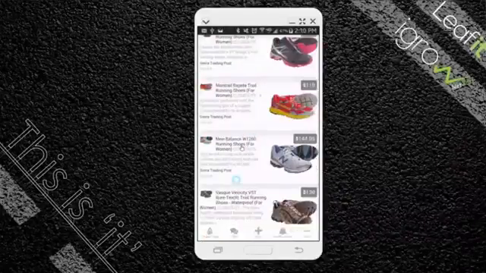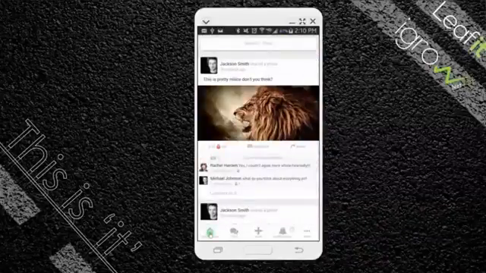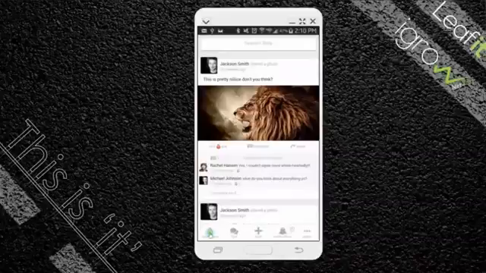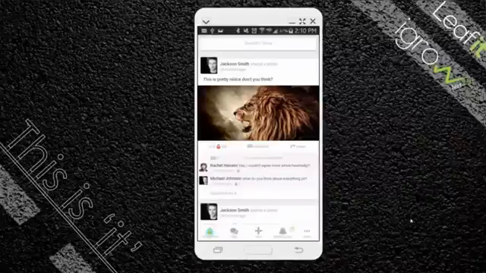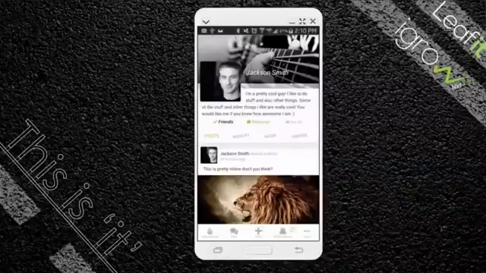So, do you want to go back to the newsfeed now? All right, so now we're back in the newsfeed. I want to show you what a profile looks like. Mike's just going to click on Jackson Smith's picture or name there, and we'll be going into Jackson Smith's profile. And as you can see, it's a real simple profile. It looks very familiar with what you're used to seeing in other social networks.